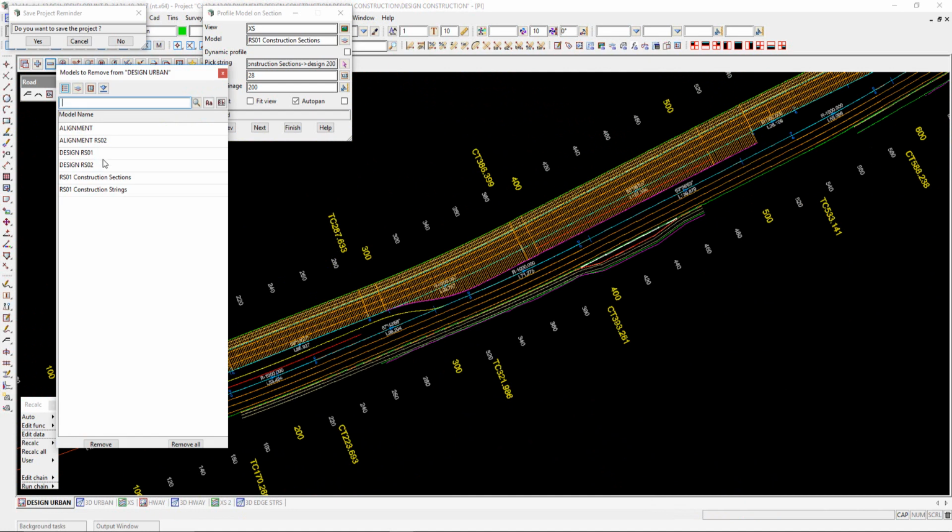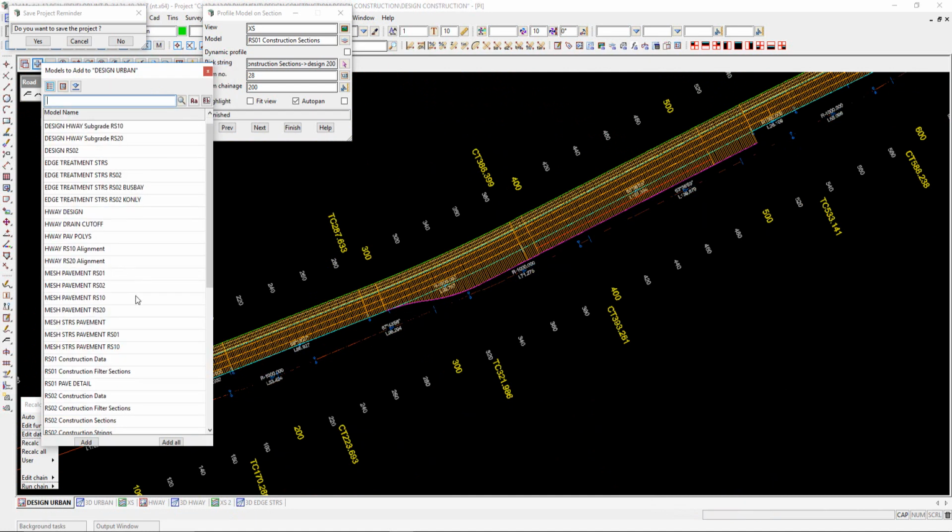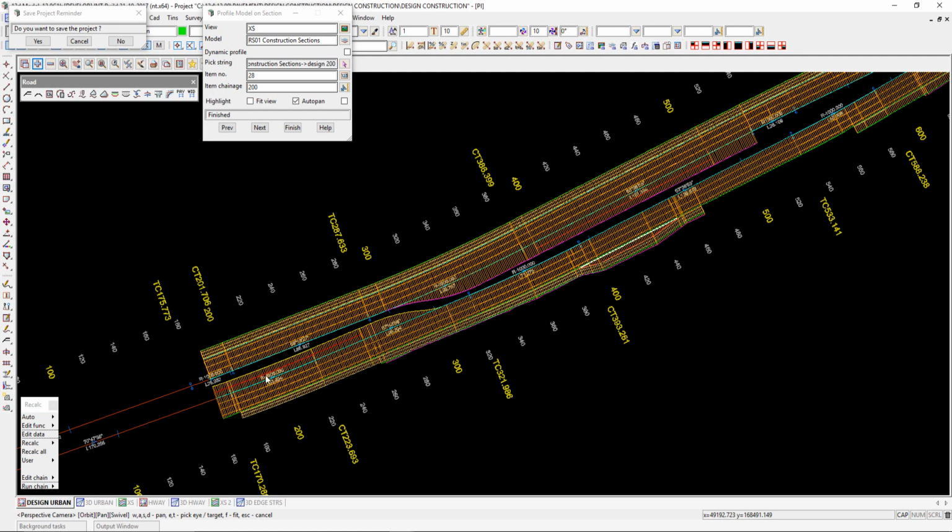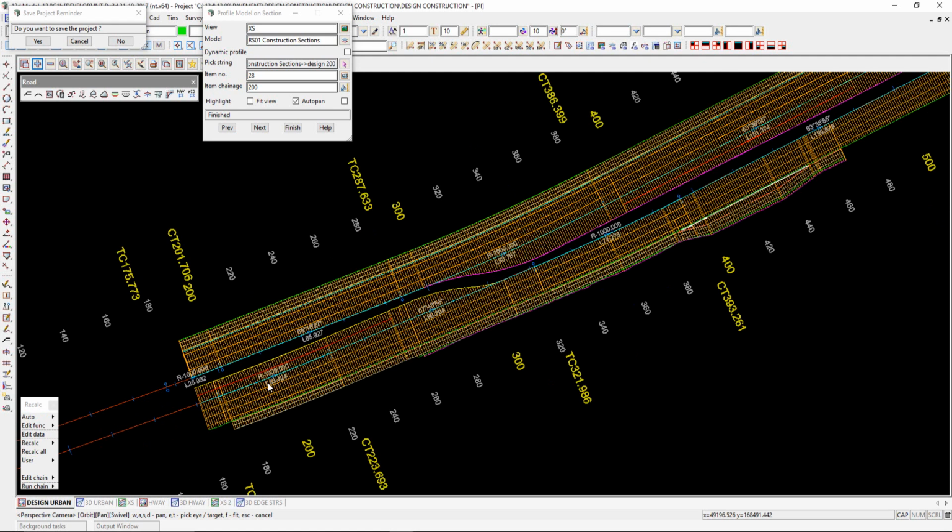Again, if I look at the Design Recreate for RSO2, we're looking at the section strings. So the same process under Design, Apply, Recreate. Pick the model, and it's recreated the sections for me. If I now look at the MTF file that was used to create that,